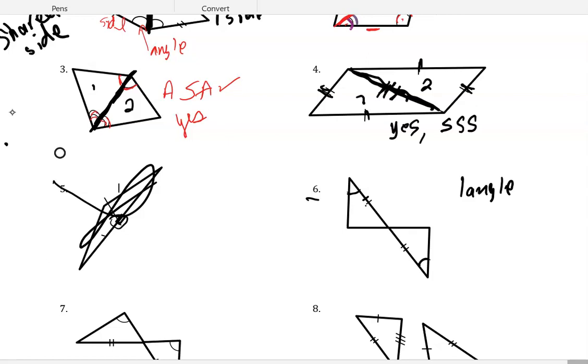We have 1 side marked. So in order to do any of our, and we aren't told that this is a right triangle, so we need 3 different combinations: side, side, side, side, angle, angle, side, or angle, side, angle. We don't have any shared sides, but if you look right here, one of the pretty common elements of geometry